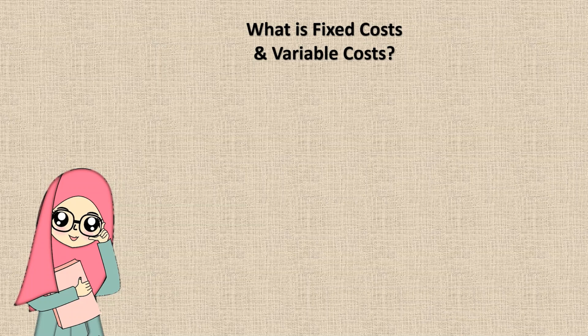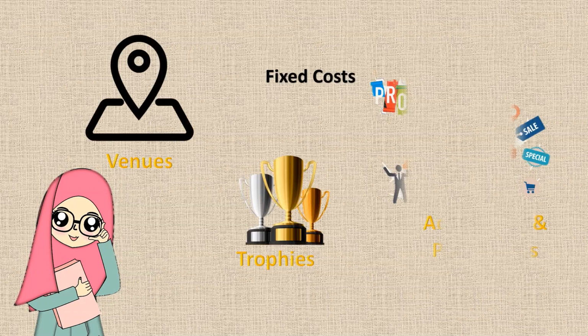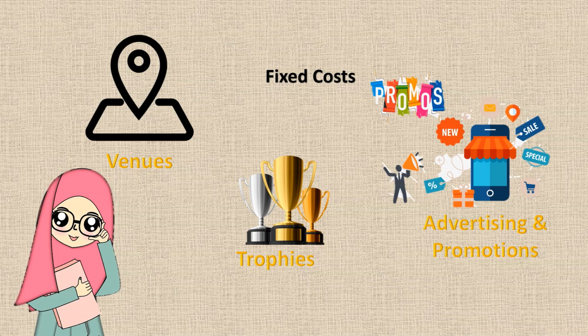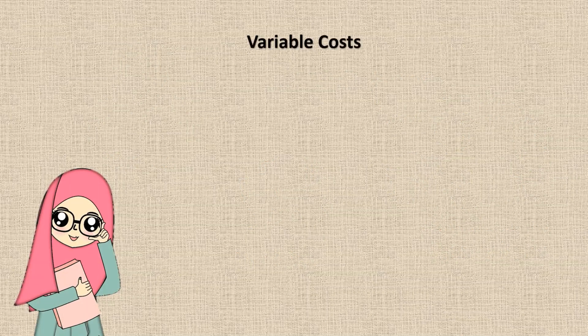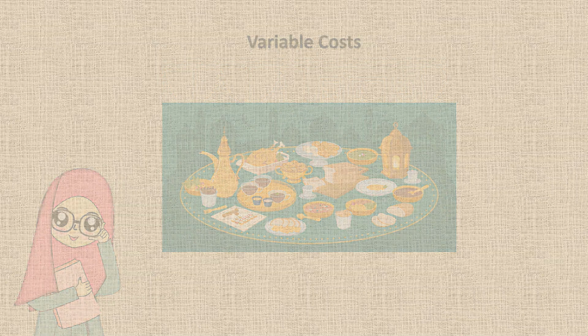So, what is fixed cost? Fixed costs are associated with the amount that must be spent regardless of the number of people that turn up to the event. This includes the cost for the venue, advertising and promotion, trophies, telephones, postage and stationery. So what about variable costs? Variable costs, on the other hand, depend upon the number of people who participate in the event. Their cost should cover what each participant would receive, food and drink and other sporting materials.